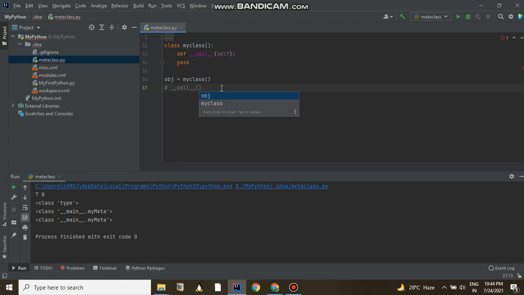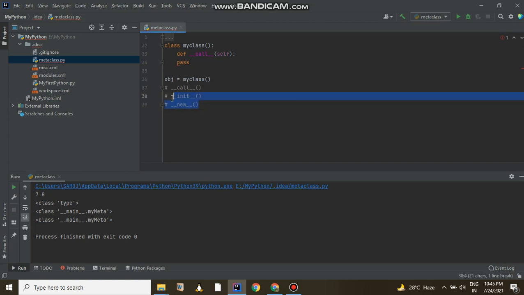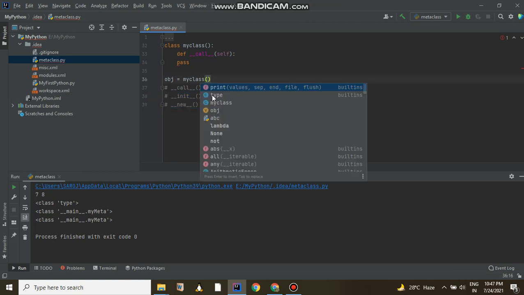So I hope you got a basic idea how you are going to create a meta class by using this call method, right? Another two methods are there. One is your init, right? And the other one is your new. These are also two methods which basically need to be called inside your call method, so that it will create or instantiate an object.